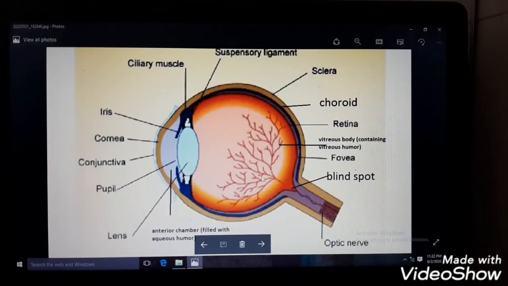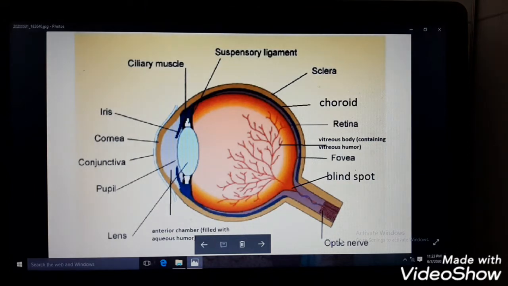blind spot. Now images are formed, as we have discussed, at the retina. Now there is one point where no image is formed, that is the blind spot. What is that spot? These are the optic nerves. Can you see this? These are the optic nerves which send the electrical signals, the converted light signals into electrical signals, and these electrical signals are sent through the optic nerve to our brain. Then our brain recognizes the type of image.